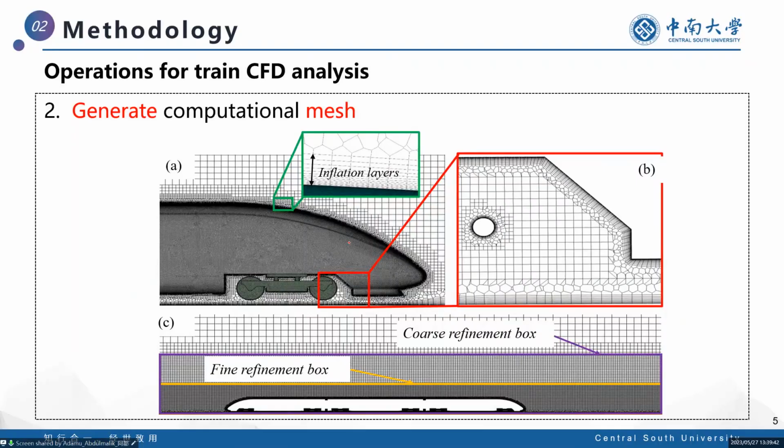So in each of the cells, we are going to compute the aerodynamic properties using some computational formulas, such as the Reynolds-averaged Navier-Stokes equation, or